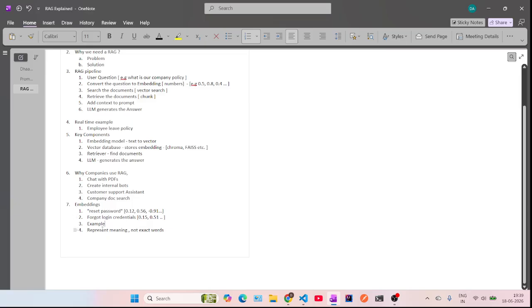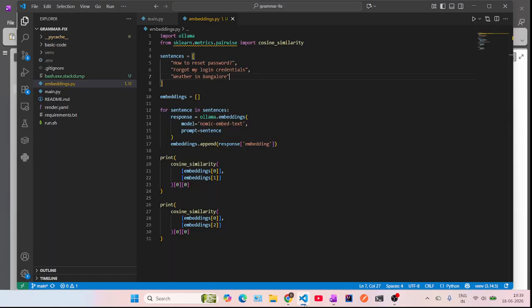Okay, now I will show you one example in Python, so that you can easily understand it. This is the embeddings Python simple script I have written. So the sentences are: how to reset password, forgot my login credentials, and weather in Bangalore. So these three are different users' questions. So what we are doing now is